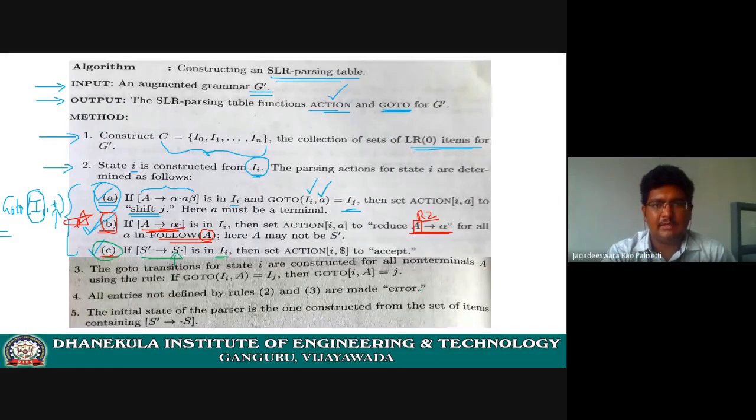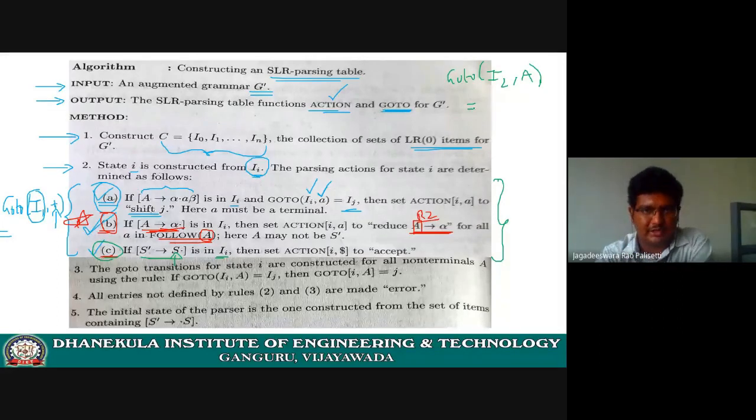So this second point, A, B, C, all these are nothing but the go-to operation with respect to terminals. If you consider a non-terminal, it means the same thing. You are going to write it like this: go to from the first state I2 with respect to capital E. Of course, the dot is moved to the next position. So what do we get here? Again a state number. Let us take I3.